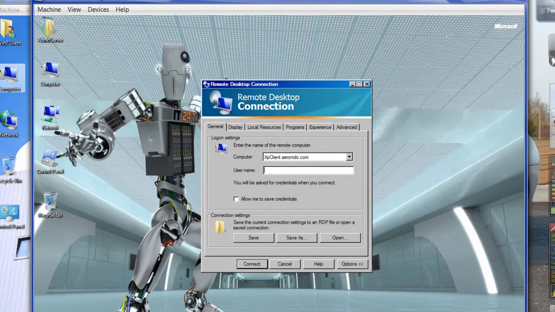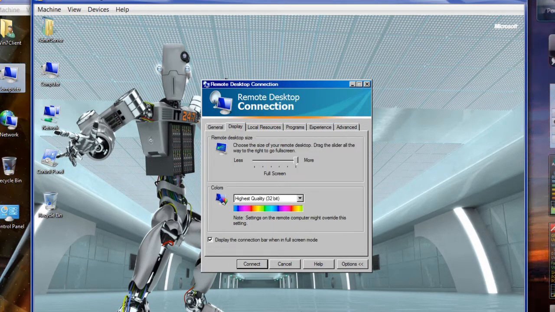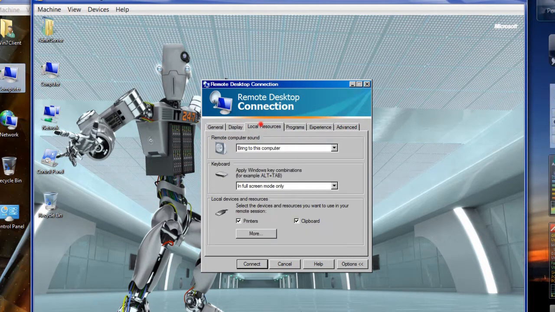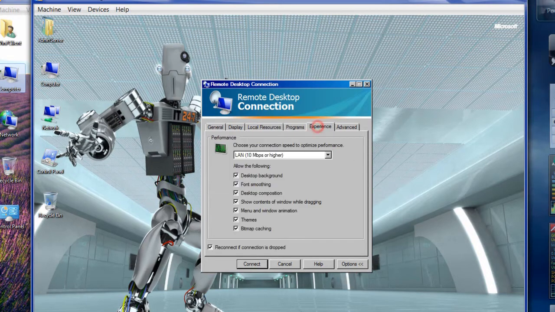xpclient.arenado.com, username XP client. I'm going to check these tabs. Feel free to modify them how you want. This one here allows you to hear the sound from the host computer you're accessing. Programs, experience,